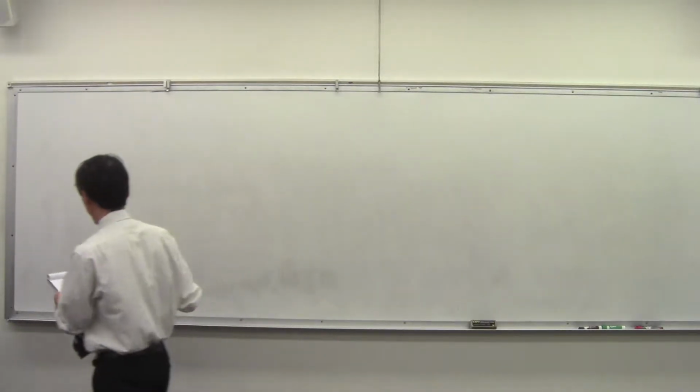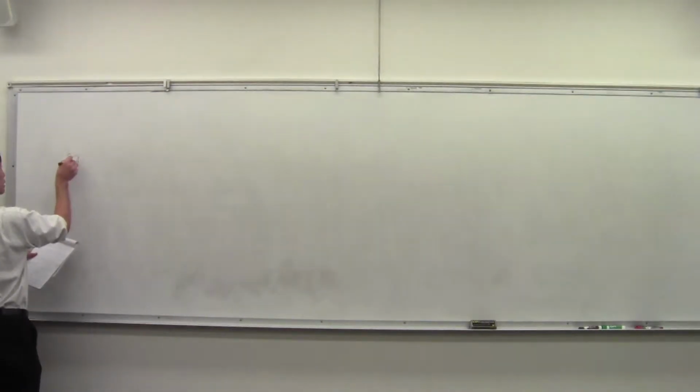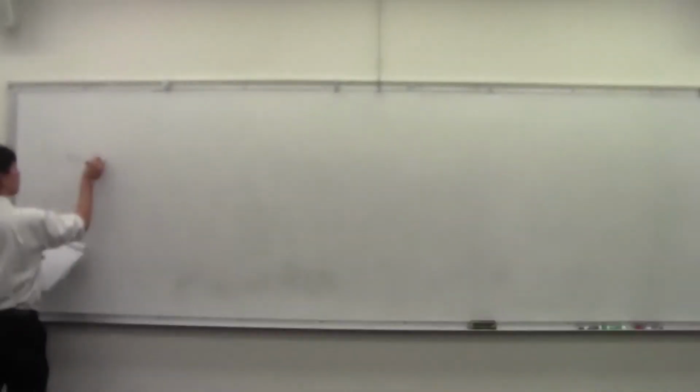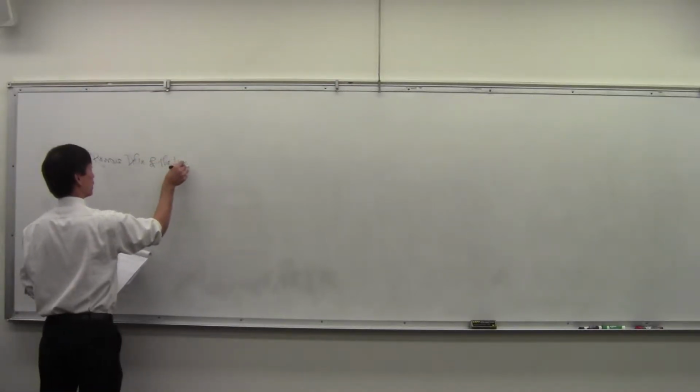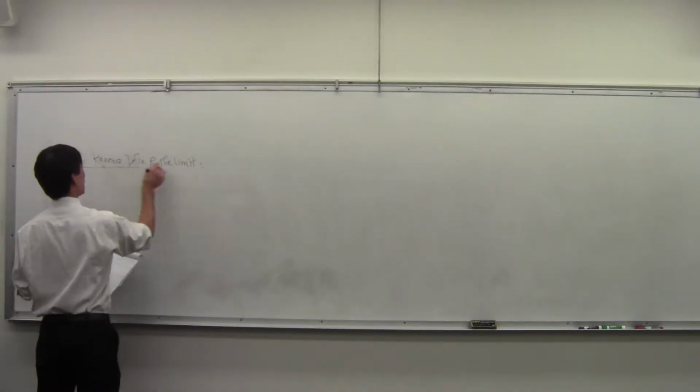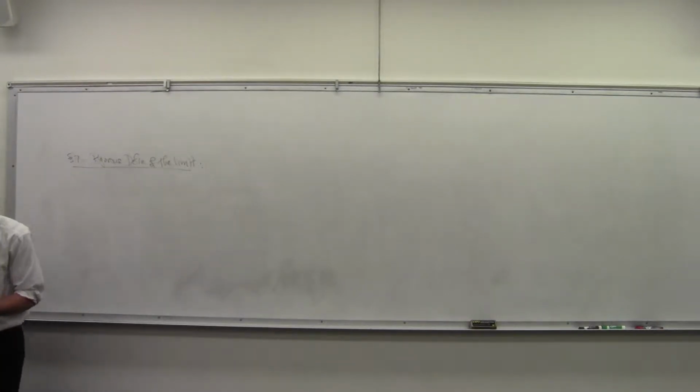So we're talking about section 7, the rigorous definition of the limit. The rigorous definition of the limit. The first thing we did was talk about